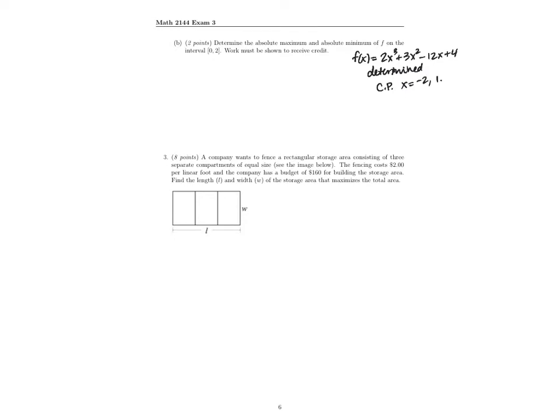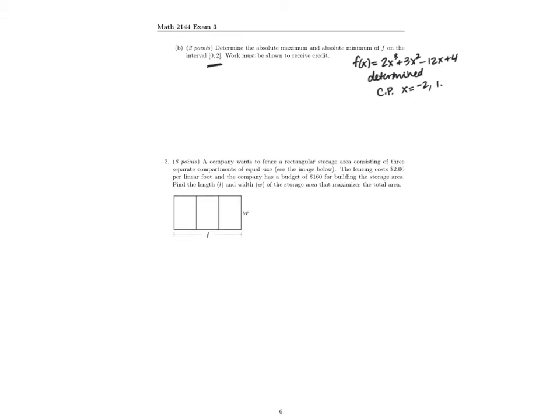Now, if we look at the interval that we're given on this problem, it's from 0 to 2. So the critical point, x equal -2, is not in the interval. So in fact, we don't need to consider it in this case. So what we need to do is we're going to use the